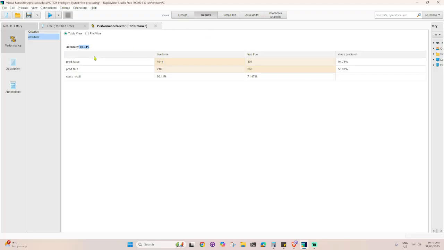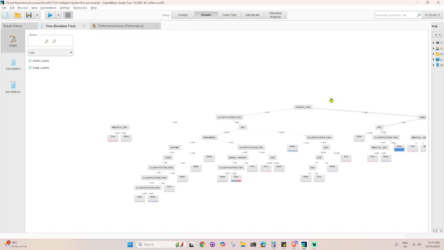So before we proceed with this performance data, let me just reiterate what the decision tree model actually is. The decision tree method is a supervised learning method for classification and regression.